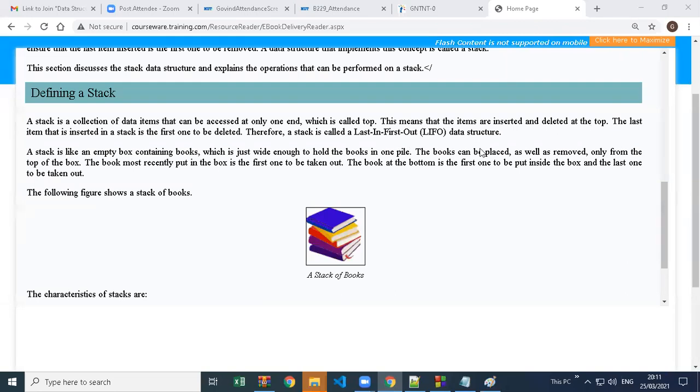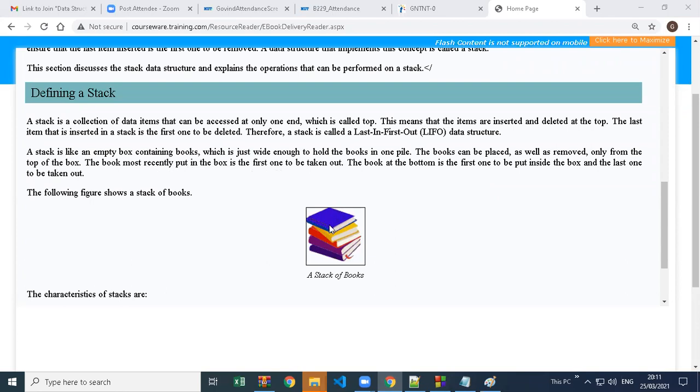A LIFO data structure allows you to store data in LIFO order, which is last in, first out. A stack is like an empty box containing books which is just wide enough to hold the books in one pile. The books can be placed as well as removed only from the top of the box, and the book most recently put in the box is the first one to be taken out.